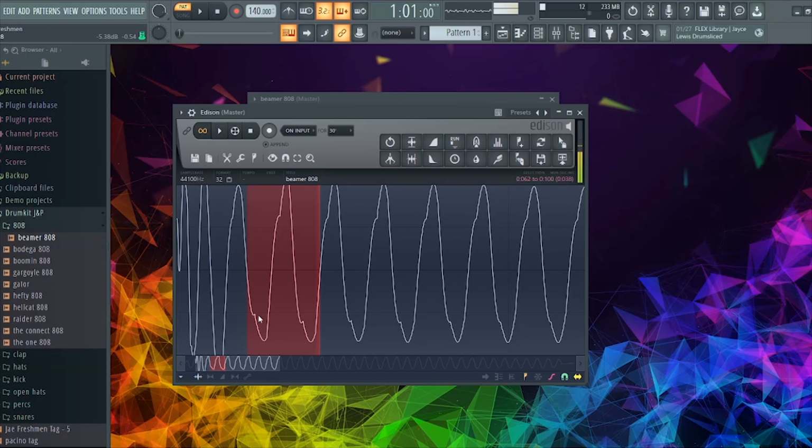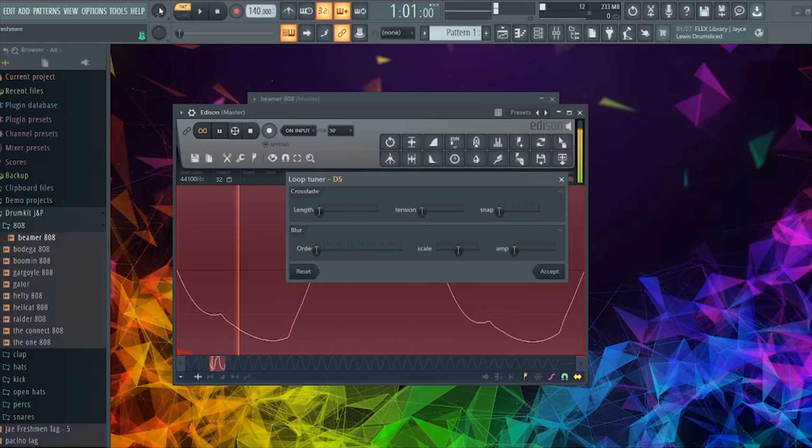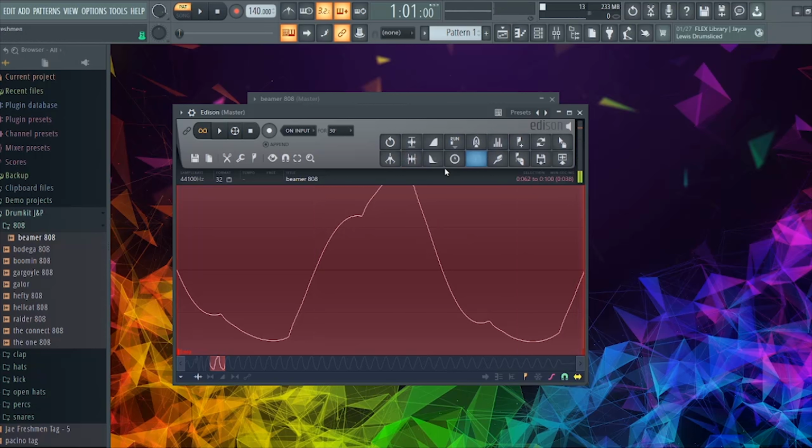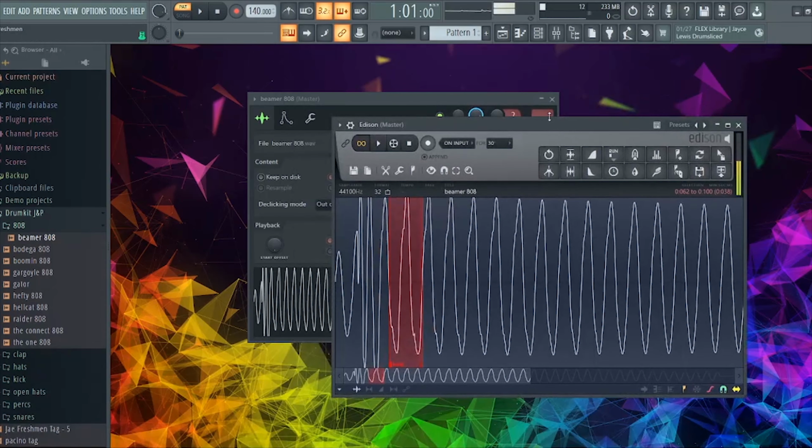you're gonna want to press Control L, and you want to put all the faders at the top to the left and keep everything at the bottom, like in a reset position. You can just copy my settings. So make sure you copy the settings. Press accept. So after you press accept, you want to scroll out, and then you want to press Control A,